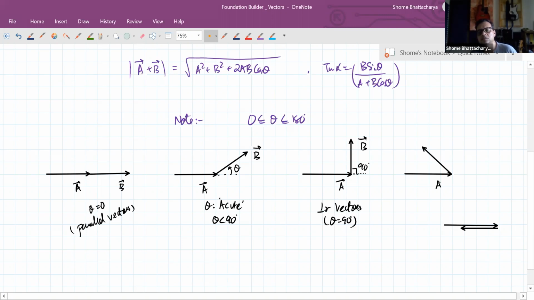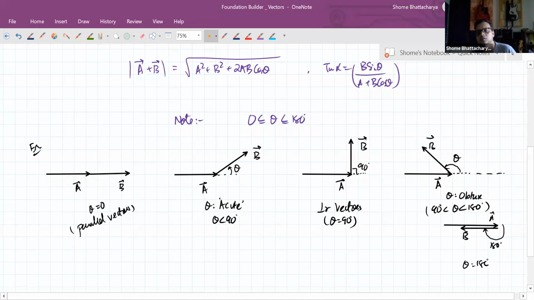But now interestingly, in this case, you see what is happening. The angle between the two vectors won't be taken as the internal angle. It has to be taken as this, because from the direction of A, how much you are turning to go to the direction of B, you are turning by this angle, and this angle theta is now an obtuse angle. So these are all possible examples. What happens when theta is an obtuse angle? It's greater than 90 but less than 180. And of course, in this particular case, if A is this vector and B is this vector, then the angle between them is 180 degrees. Theta is 180, and they are what we call anti-parallel vectors.